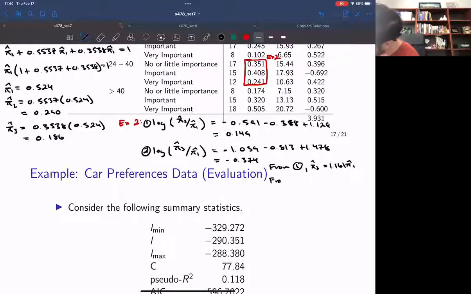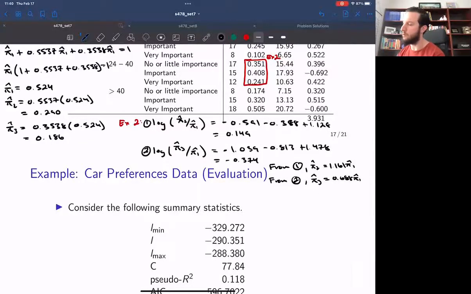And then from 2, we would have pi 3 hat is equal to 0.688 pi 1 hat, right? And then I'll just stop here because from this point, you should be able to